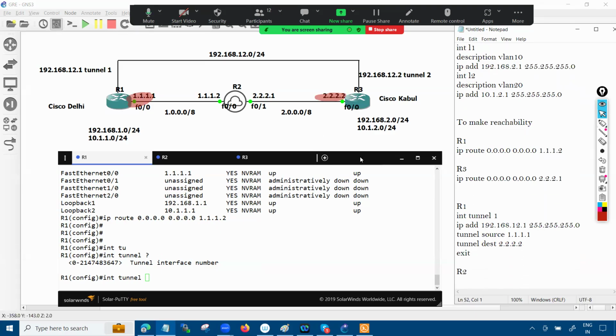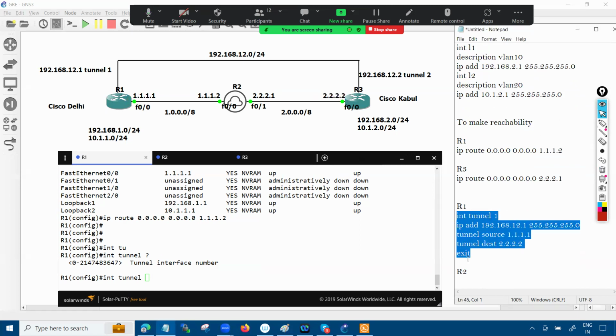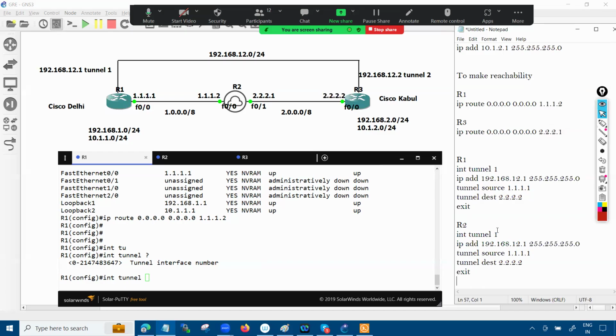On router number 2, at the same time, I'll just copy this configuration and paste it on router number 2. I set the tunnel, same number. You can change this as well, right? It's locally significant. So router 1 has tunnel number 1, and router 3 has tunnel number 2. It never matters. It's local to the router,